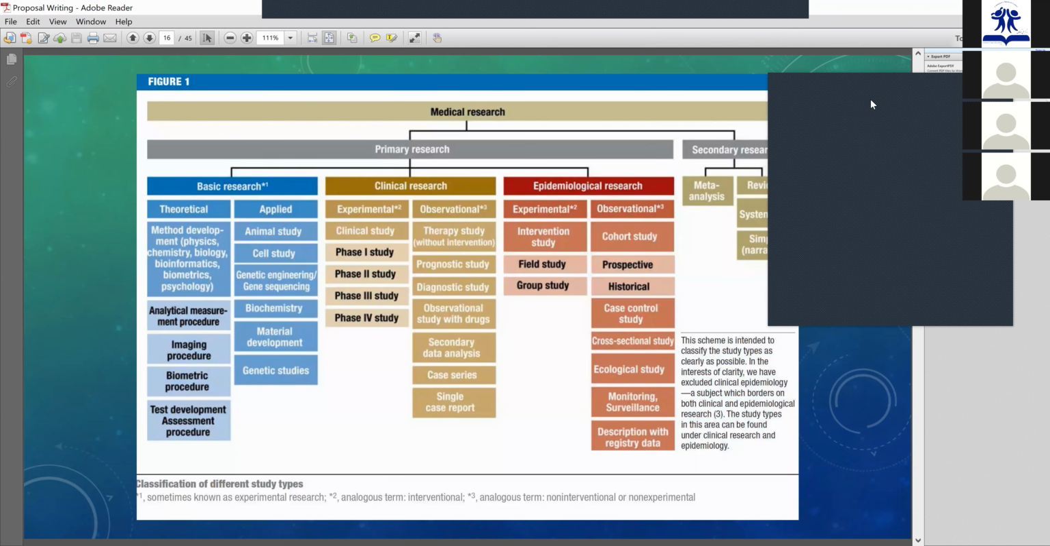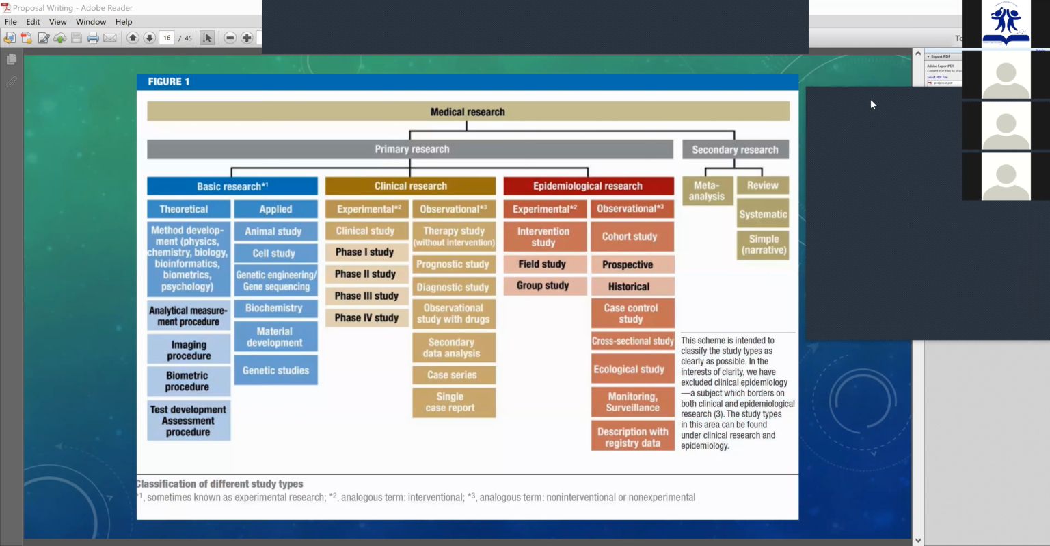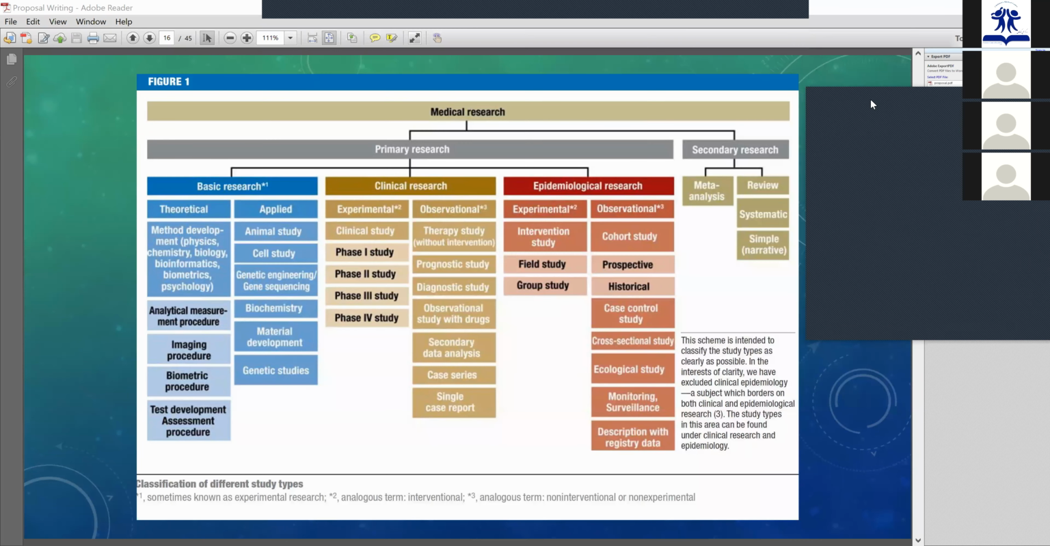Okay. So here we have medical research. Medical research has two main types: primary research and secondary research. As you can see, primary research is something that you do, also called original work or original research, something that you perform yourself, and you present the results. Secondary research is using the results of others